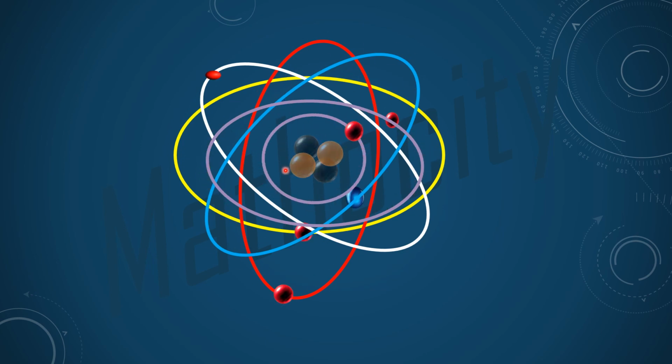A few regions are spherical in shape, a few are elliptical, and a few are oriented along the x direction, a few along the y direction, and a few along the z direction. Observe the motion of the electrons. These colored balls indicate the electrons. The electrons are moving around the nucleus in different regions. So the region where the electron is moving around the nucleus is three dimensional.